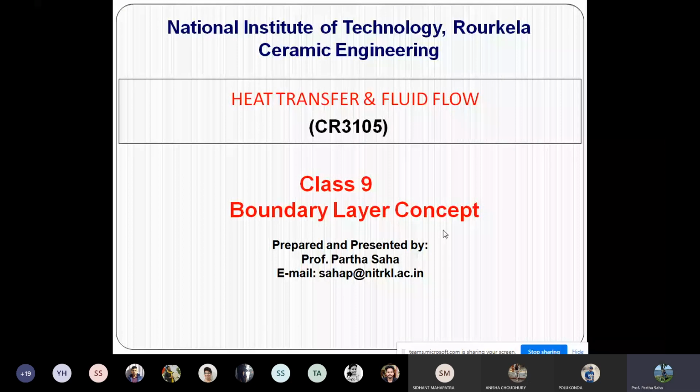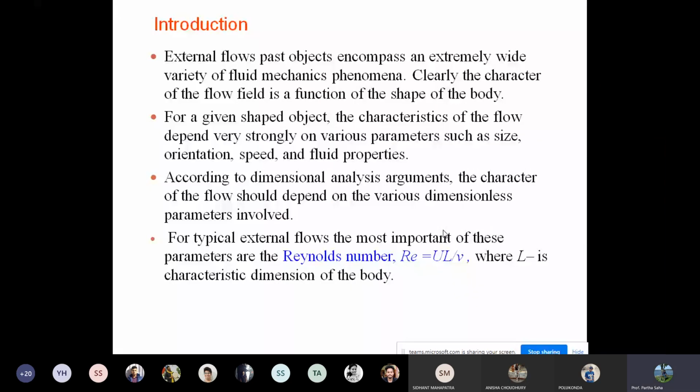And today we're going to talk about boundary layer concepts. So at the outset, let us examine what the boundary layer is all about. When a fluid passes a solid object, there is a resistance offered by the solid boundary. So what happens when there is a resistance being offered by the solid boundary? The velocity profile, or the velocity distribution along the length of the plate, varies, which is not constant.